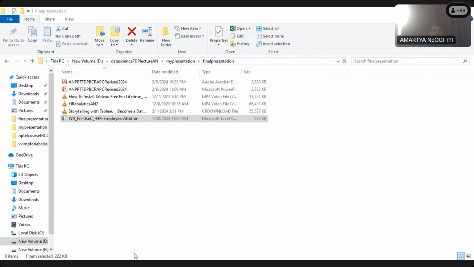Next, move to the next sheet. Let us try to find out attrition relation with number of companies worked with job role. Okay. So please note down, audience, attrition relation with number of companies worked with job role. So what we will find out? Take attrition hash, means attrition measure value from here, drag it to column,